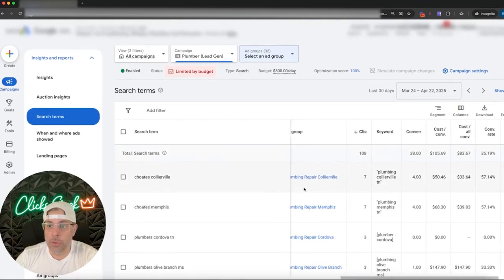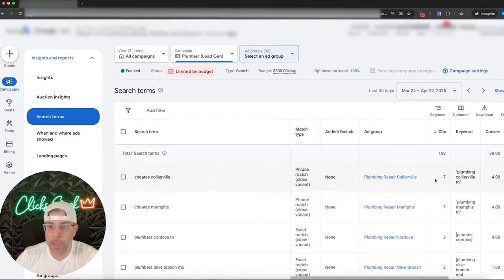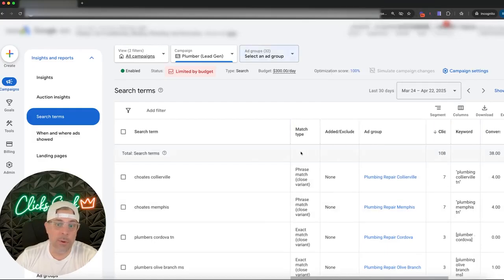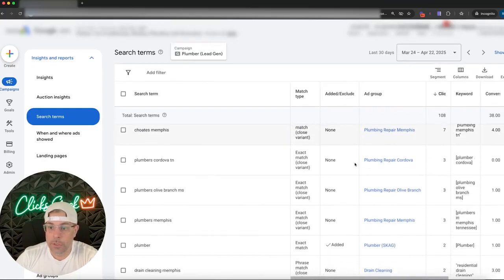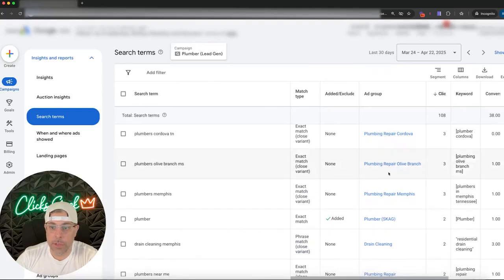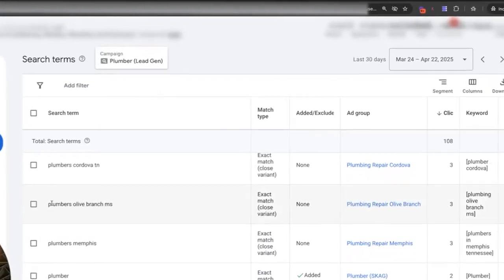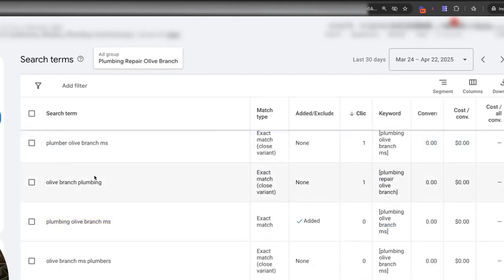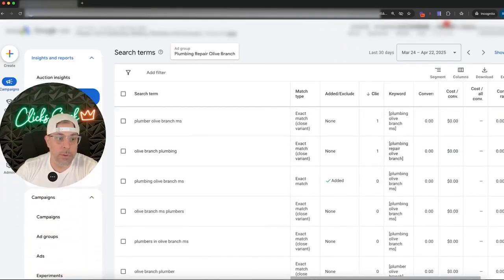But you could use it as well, and I do sometimes, as a tool to expand your keywords that are converting. So basically, you pluck out keywords that are already in your search terms report that are turning into leads that you're not currently bidding on. So for this one, let's scroll down. Plumbers olive branch, right? So that's a location. So let's say I wanted to pluck this out and add it because it's sending us leads, right? I would grab it, go into the correct ad group, go into the keywords for that ad group,